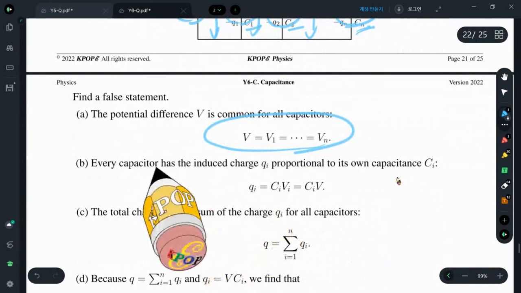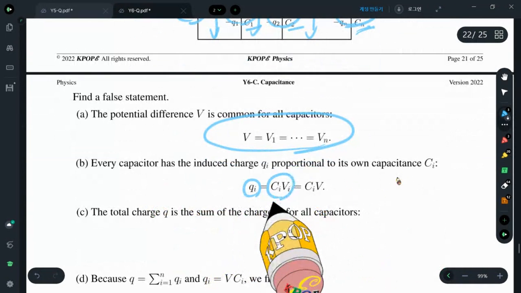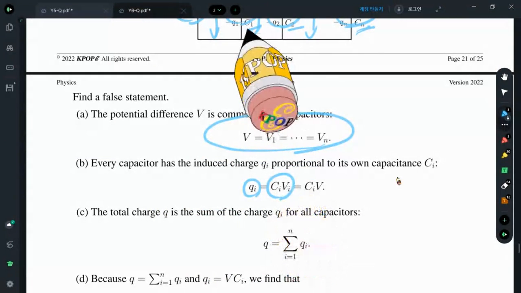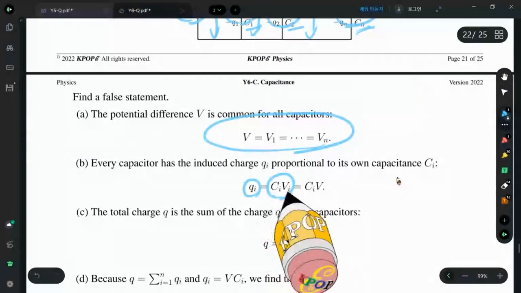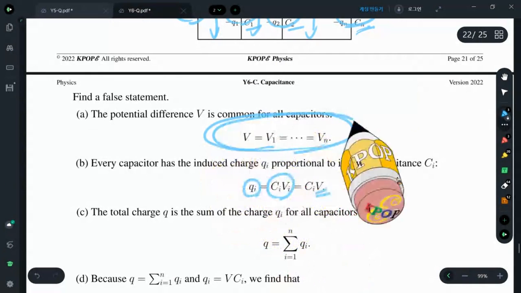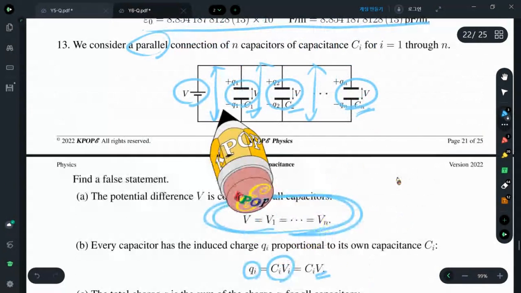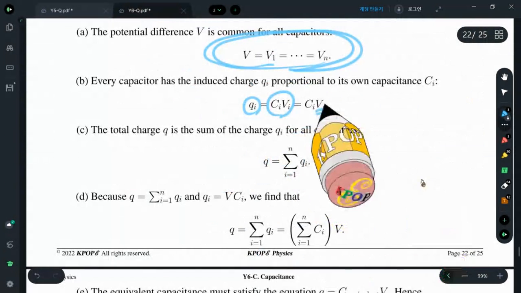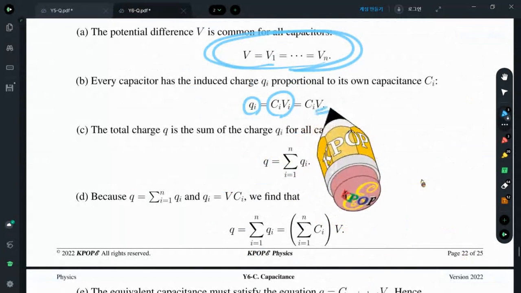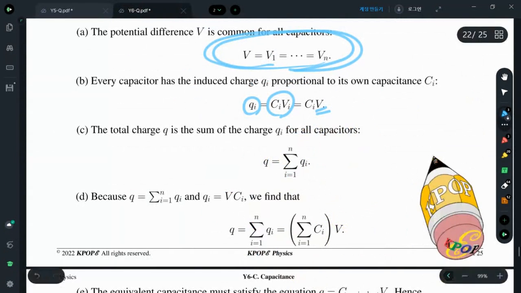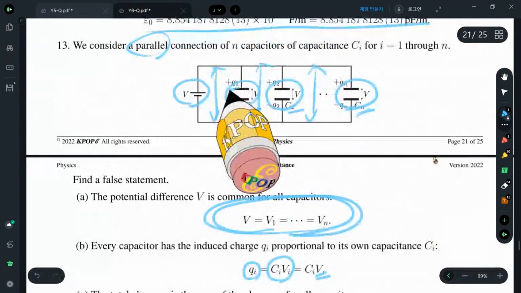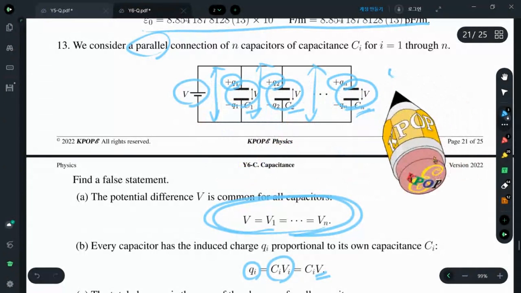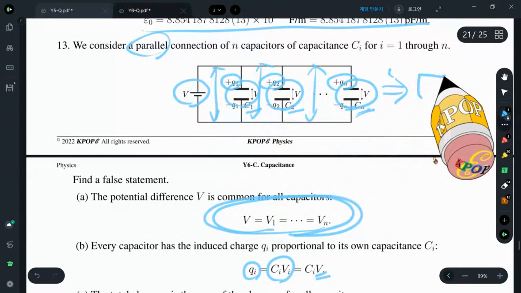Every capacitor has Q equals CV, but each V, V1, V2, Vn, is the same because of this constraint of the parallel connection. Therefore, we can make use of this relation. However, as far as the charge is concerned, it is equivalent to a single